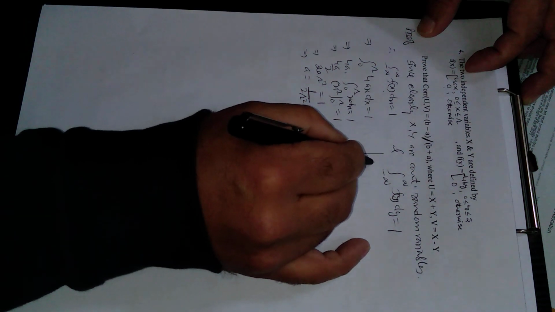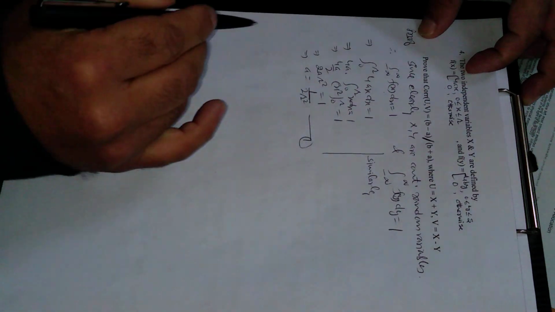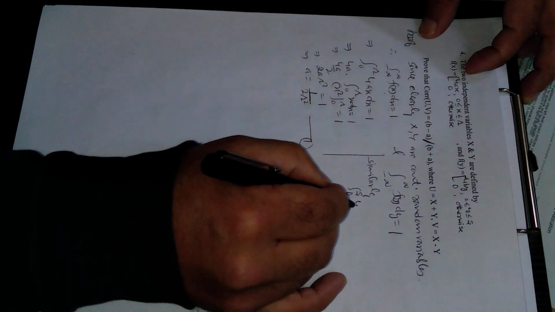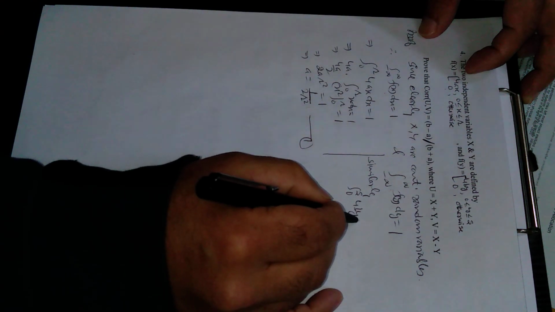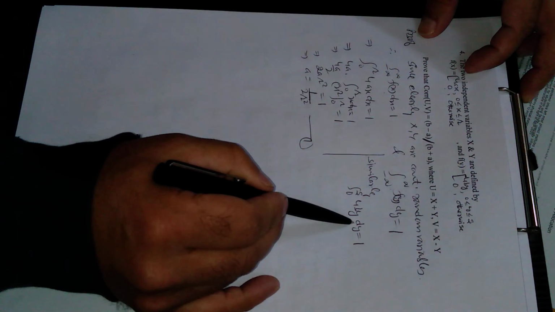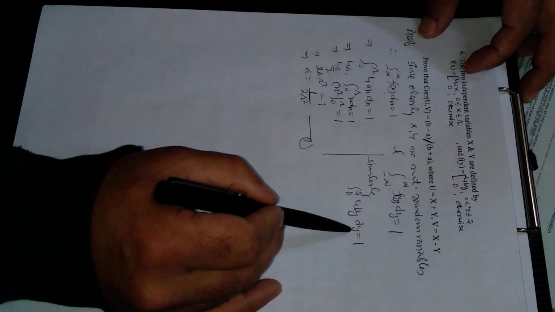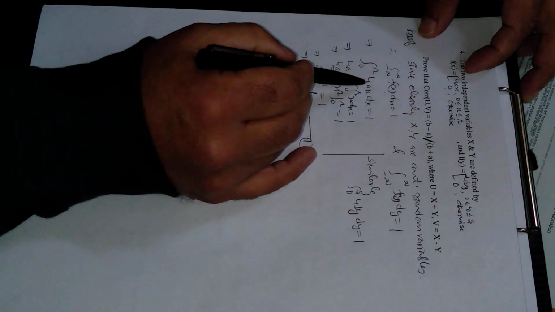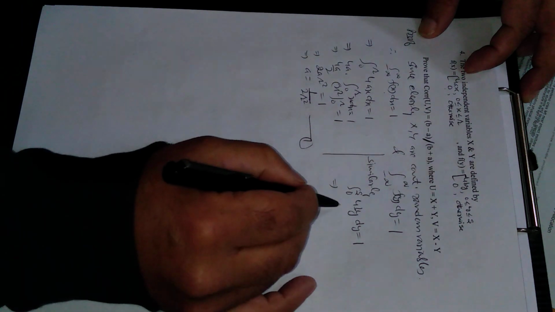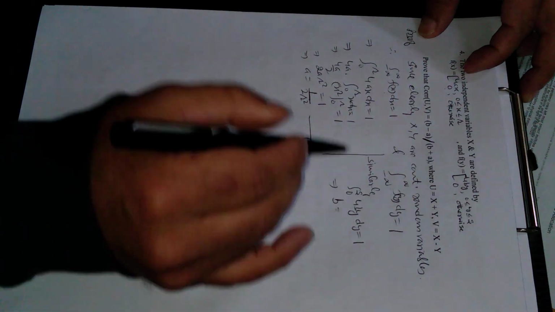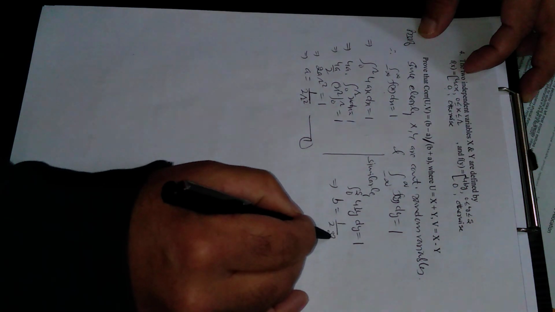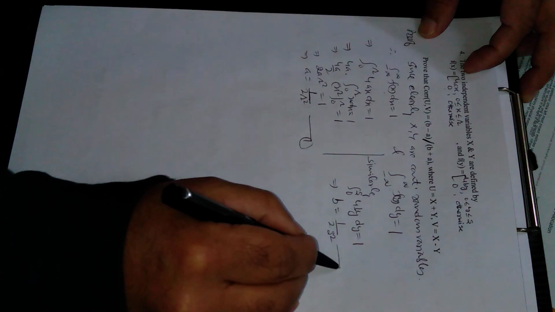Similarly, you can see here this equation will now become 0 to s, integration of 4b y with respect to y is equal to 1. This integration and the previous integration are exactly the same. Here integration with respect to x, here integration with respect to y. So in place of x we have y, in place of a there is b, and in place of r there is s. After simplification, we will get the value of b, because in place of a is b and in place of r we have s, so b is 1 upon 2 s square. Let this be equation number 2.